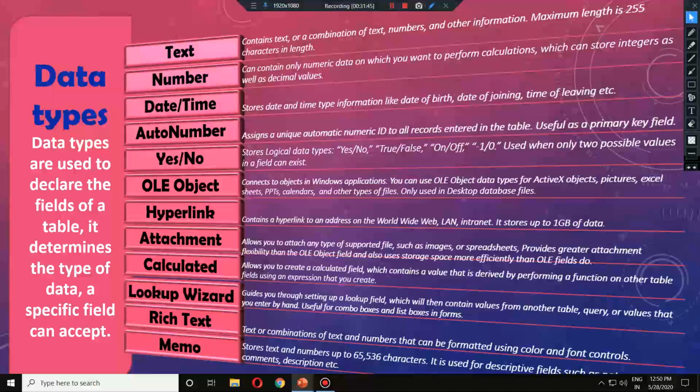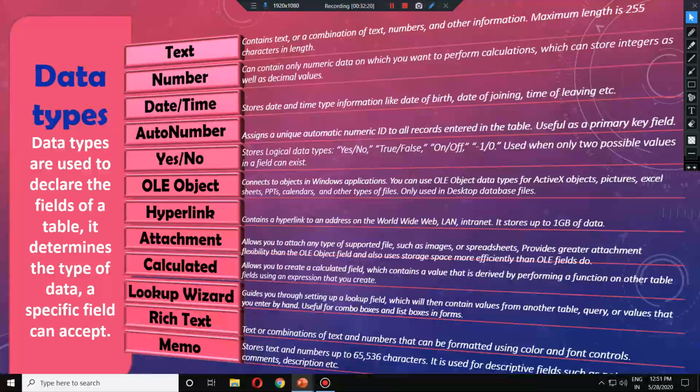If we go to the text, you can directly check the maximum length is 255 characters, and here the maximum length is 65,536. So it's way larger than the text field, but basically both are sort of the same. If you want to have your names and addresses, you can do it with text, but if you have some descriptive field with larger information, that information can be kept using memo data type. Let us move to the next.